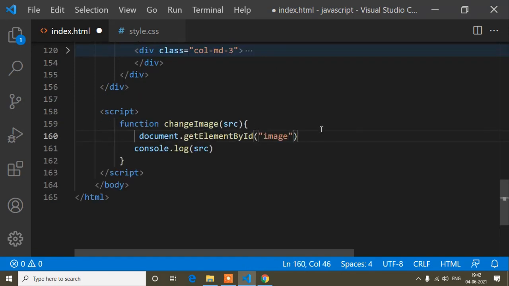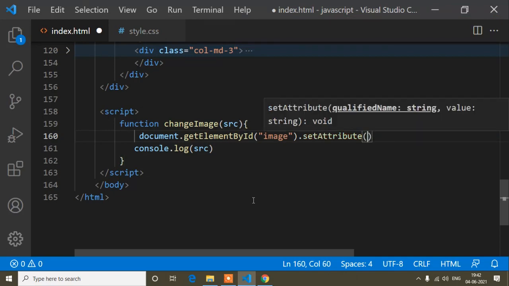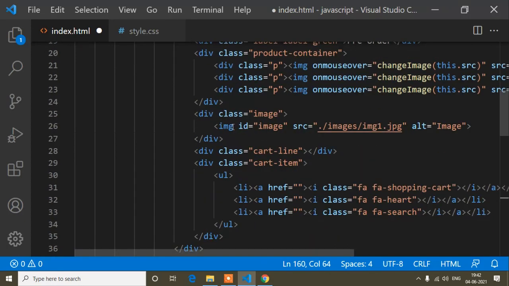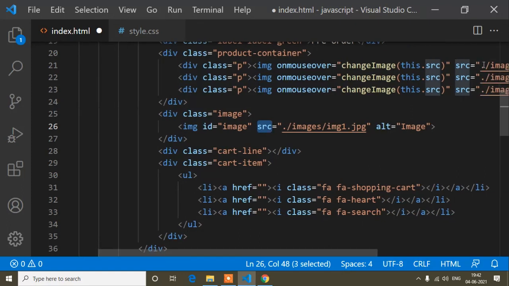I will copy and paste it. Then dot setAttribute source, because in this image source I will set the image when I am hovering.